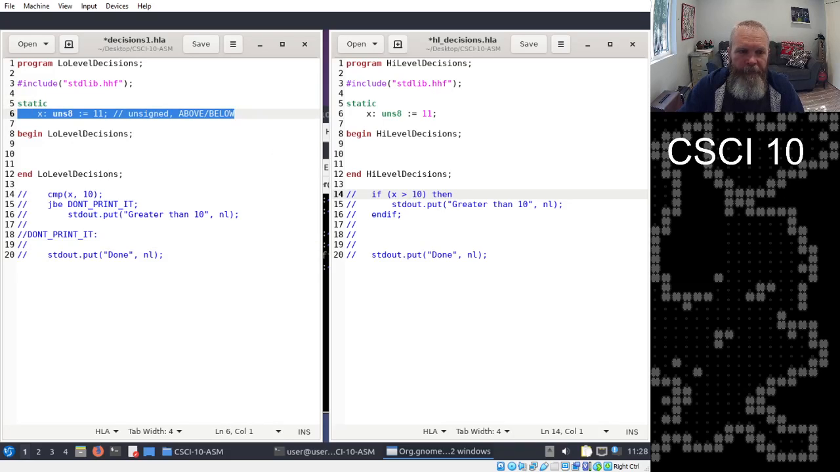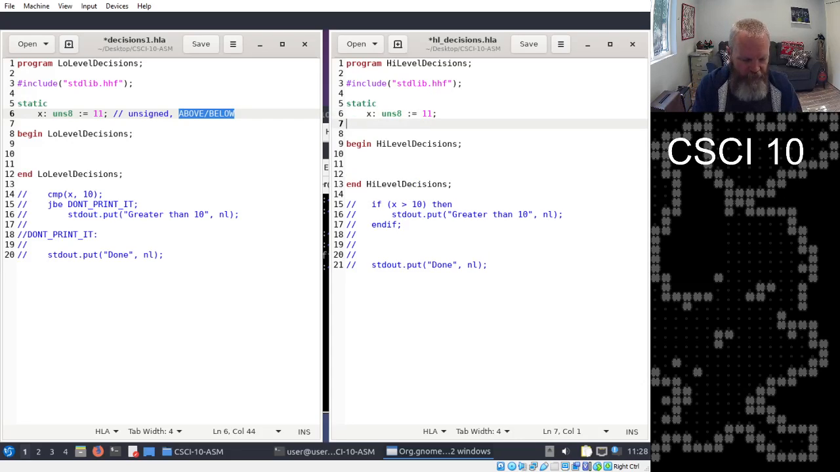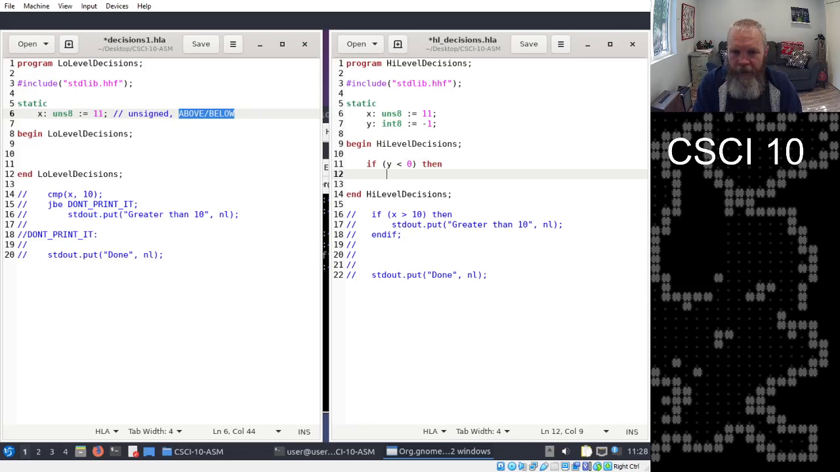Okay, let's do a harder one. Signed integers use above, below semantics, is the fancy word for it. But just think, when you need to describe your conditions with signed integers, it's above or below. So now let's do a y, and let's make it signed instead. And then let's do a slightly more elaborate decision tree. So if y less than 0, and